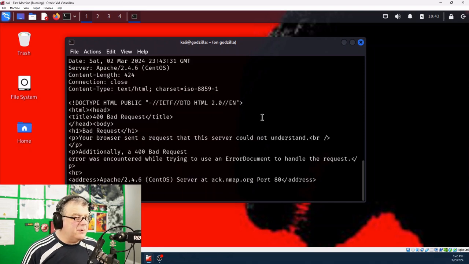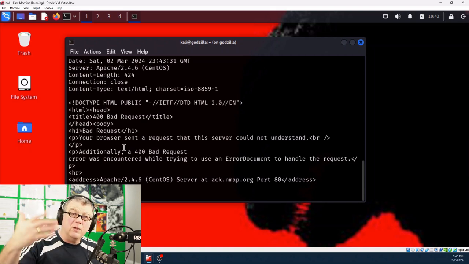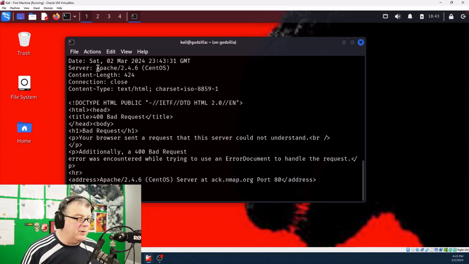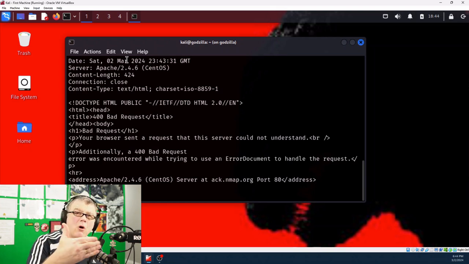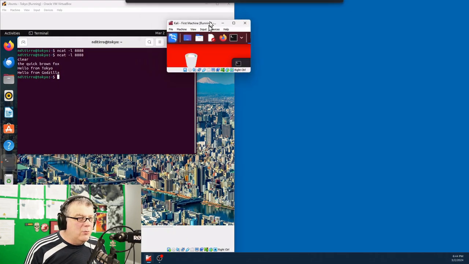Okay, this brought up a little bit more information, what I was kind of expecting from zone transfer. I kind of determined the operating system of nmap.org. Apparently they are running CentOS, okay, and they're running the Apache 2.4.6 server. So I basically used Ncat for a little investigation, a little bit of footprinting. There's more I can do with this, but obviously I don't want to spend too much time just gathering this particular information. So let's go back